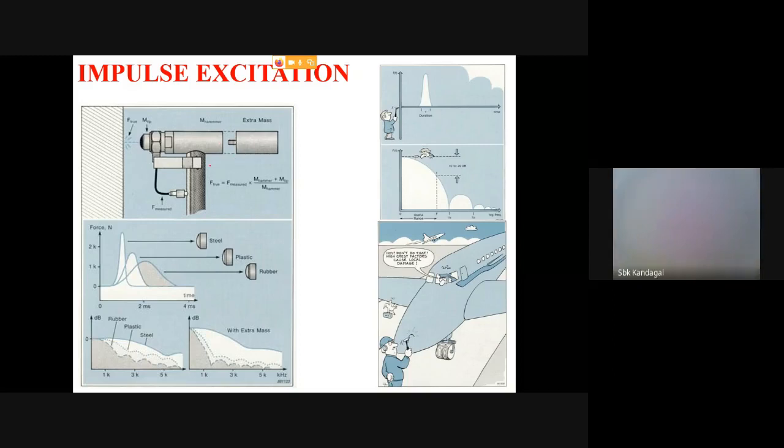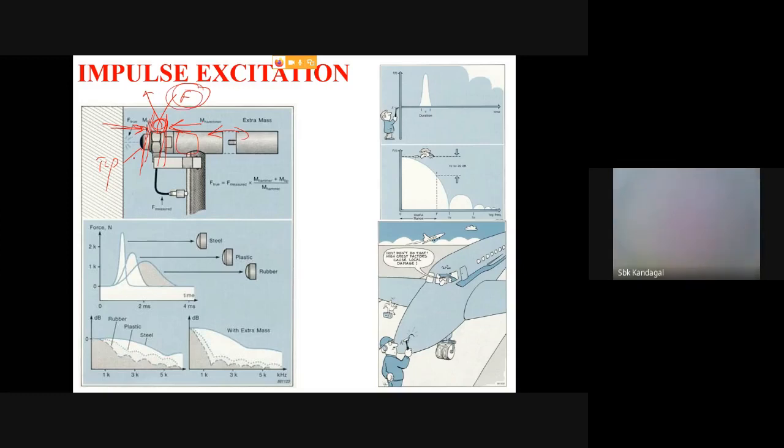If you say the impulse hammer, it has got a force transducer, which is the main important thing, and you have a tip here, an extra mass, and the connector there. The force transducer is sandwiched between two bodies. One is the support, another the tip. Whenever there is a force, there is a reaction. In between, the piezo crystal generates the charges. It will measure the force.